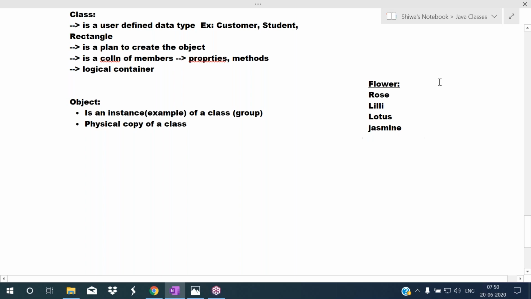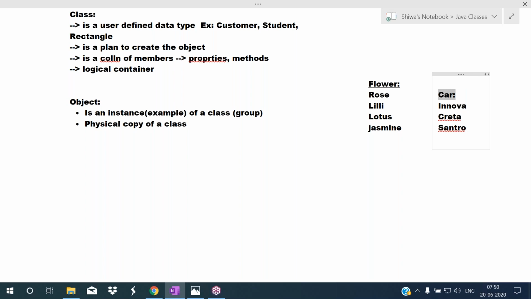Similarly, for cars, take the Innova car, physically existing. The Creta car, physically existing. The Santro car, physically existing. Honda City is physically existing. All of these are examples of a particular group, that is, car.